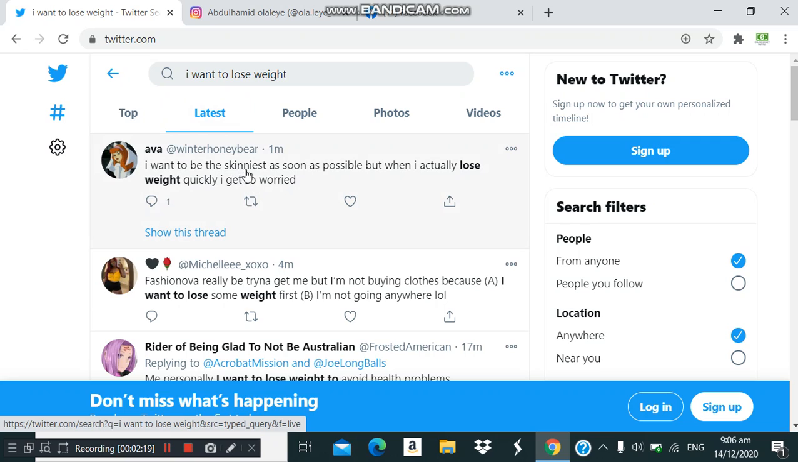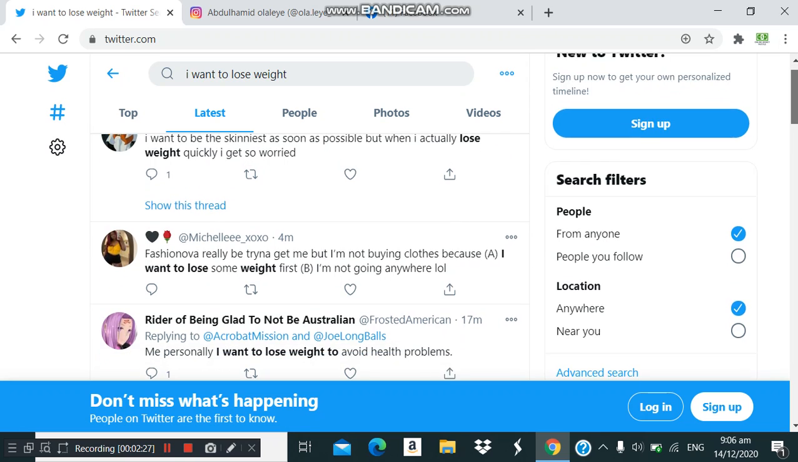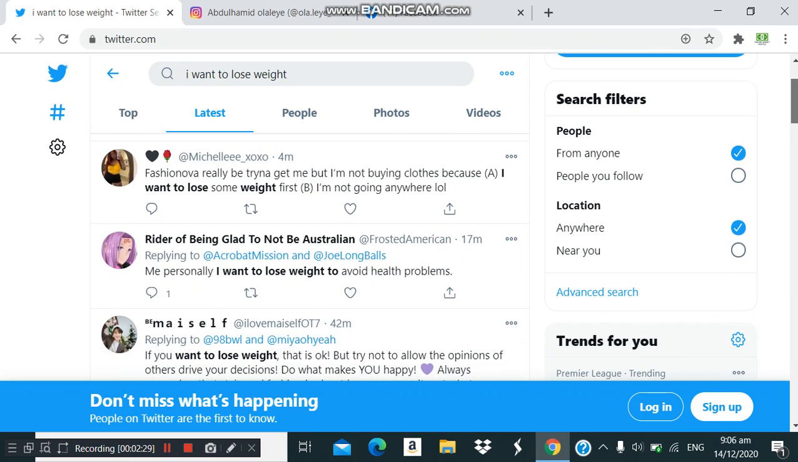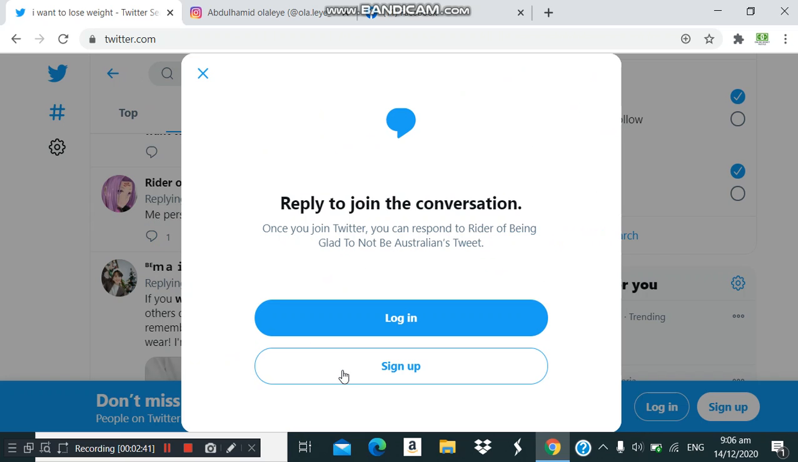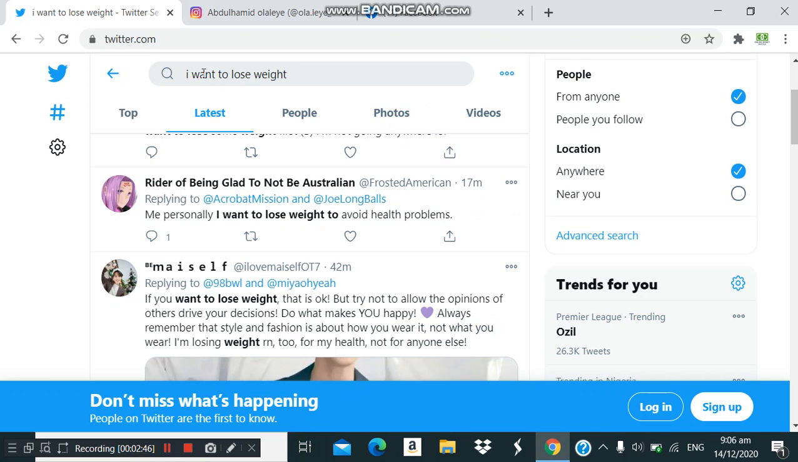"I want to be the skinniest as soon as possible, but when I actually lose weight quickly I get too worried." Just try to look for questions, like people are posing questions such as how can I lose weight. See, you can just reply, some of them are 17 minutes ago. So once you have grabbed your link, you can come over here, comment. Oh, sorry, I'm not signed in. So you can just comment and write something